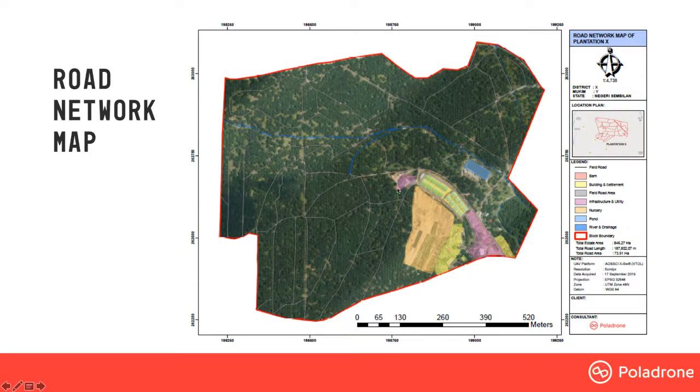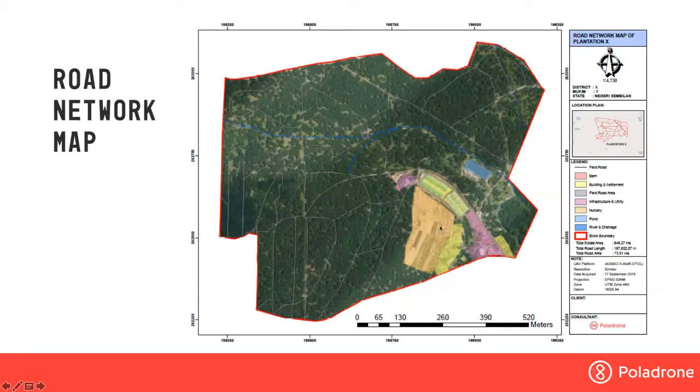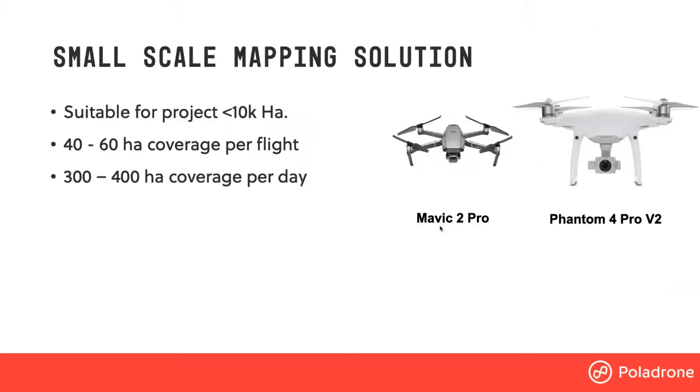And also we do have some nursery areas and also the field area. So all the information or infrastructure can be drawn inside the map itself by our team. This is the output that we can generate. So after knowing what kind of output we can generate, now we're going to talk about how we can